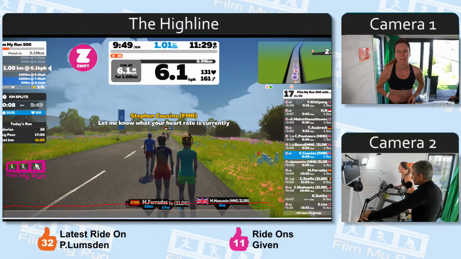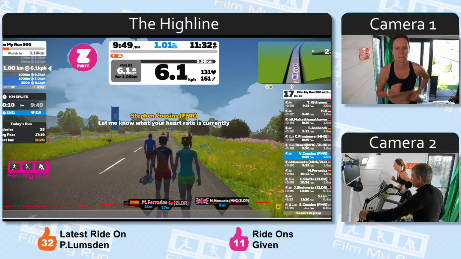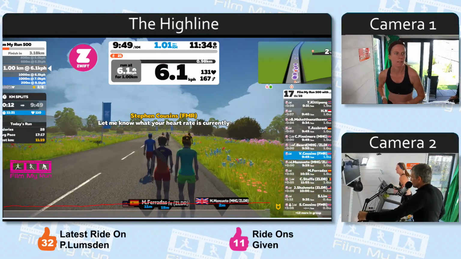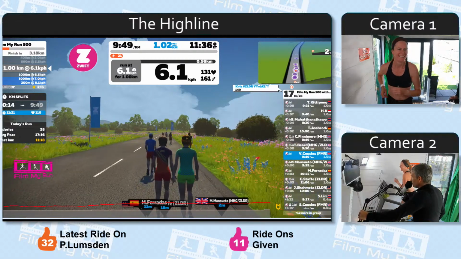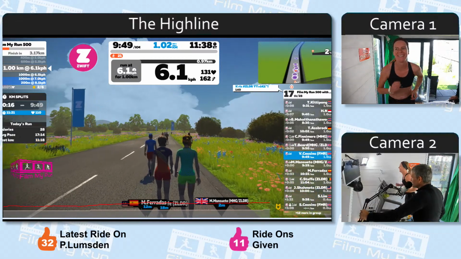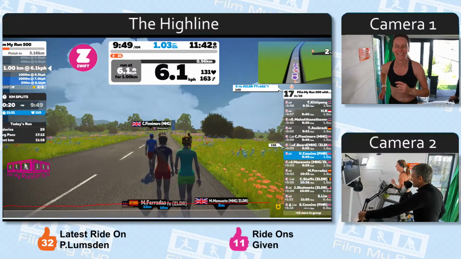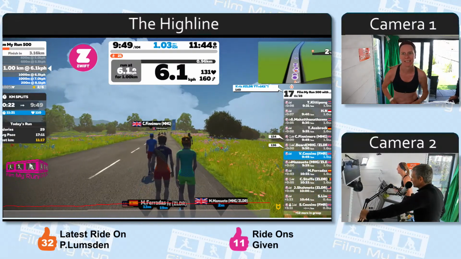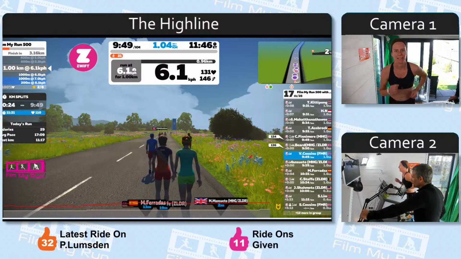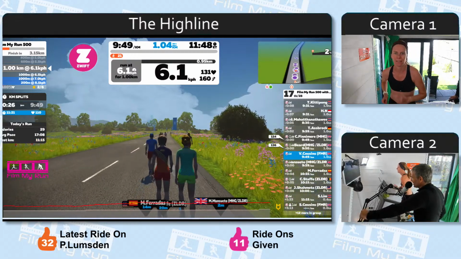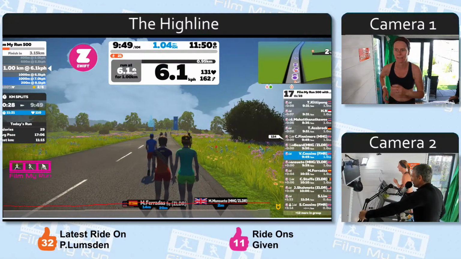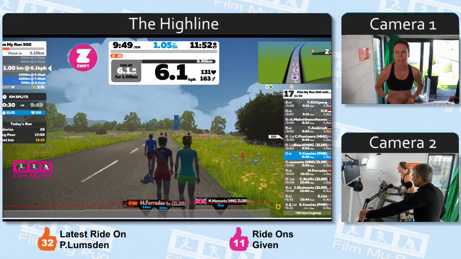Right, we are now at 6 kilometers an hour, or Victoria's 6.1 because she's fastidious and has OCD, and even though I programmed the workout at 6, I know it says 6.1, but my idea was 6. I just can't get it to do 6. Anyway, so 6.1 if you want.